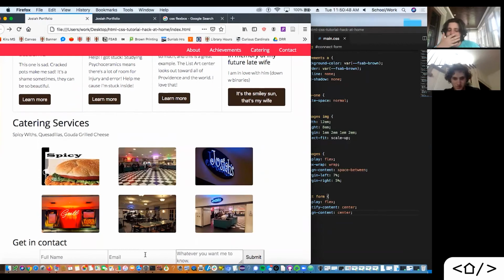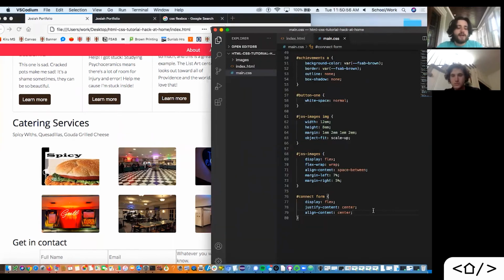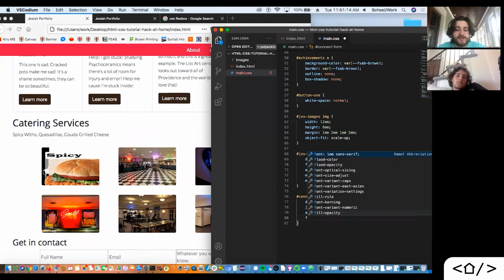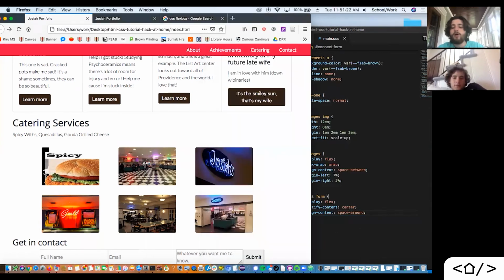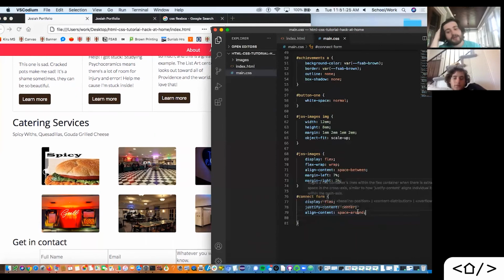But one thing that we want to do is use another aspect of Flexbox. So we see that everything's kind of stuck together right now. That's not really what we want. We want to have it be more vertical because that's just how this content usually goes. And so the way we're going to do that is we're going to look back at our Flexbox properties, and we're going to give it a value of space around. For align content? Oh, you know what? You're right. So we're actually going to give,